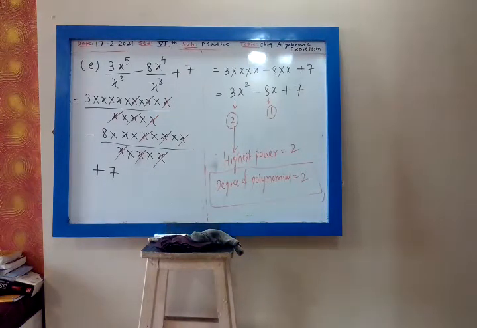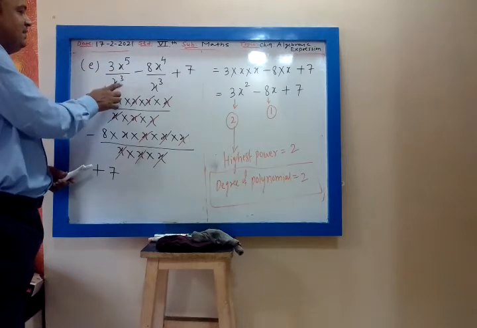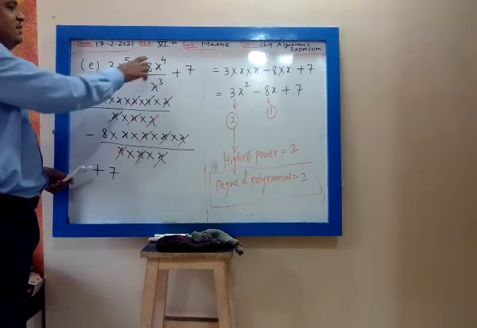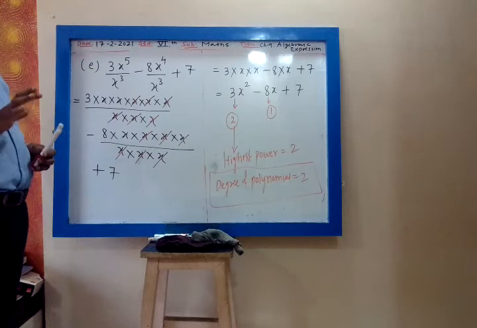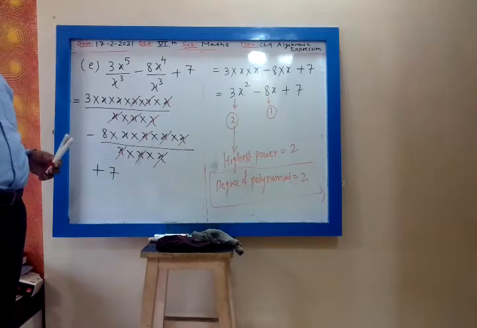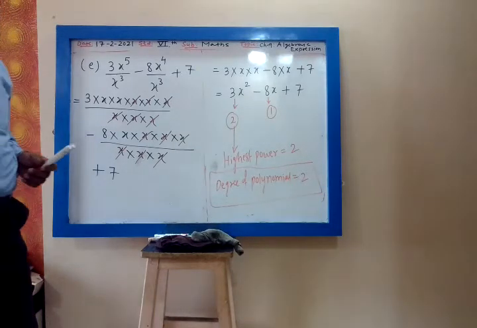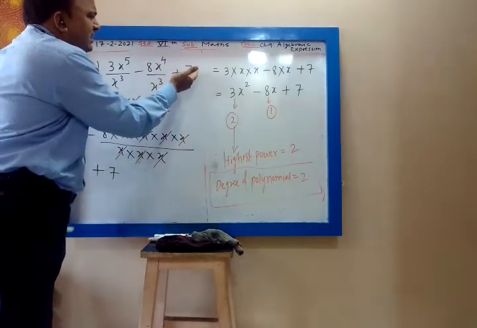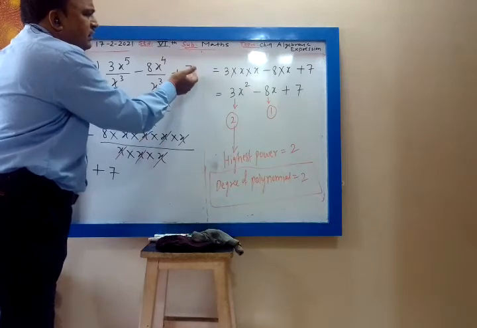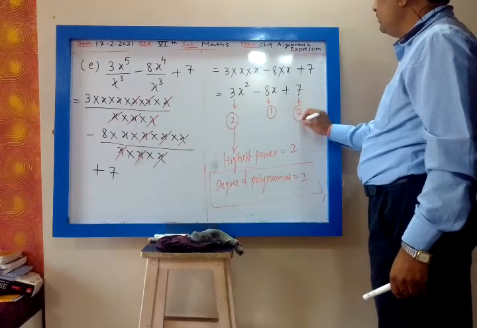No, my dear. See here. Don't take it that way. Whenever you have to simplify, you cannot take 5 directly because there is x cube. Division is there, no? My dear, for degree you have to see the power of the variable. 7 is my constant. If you want, you can write the degree of this as 0. No problem.